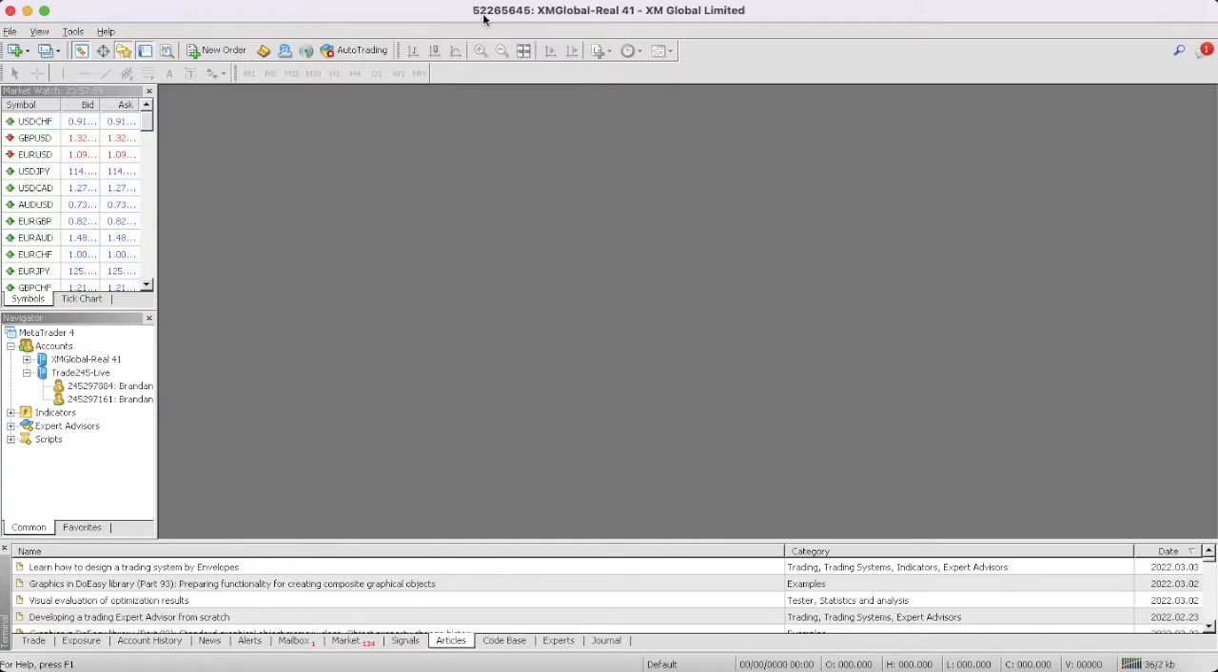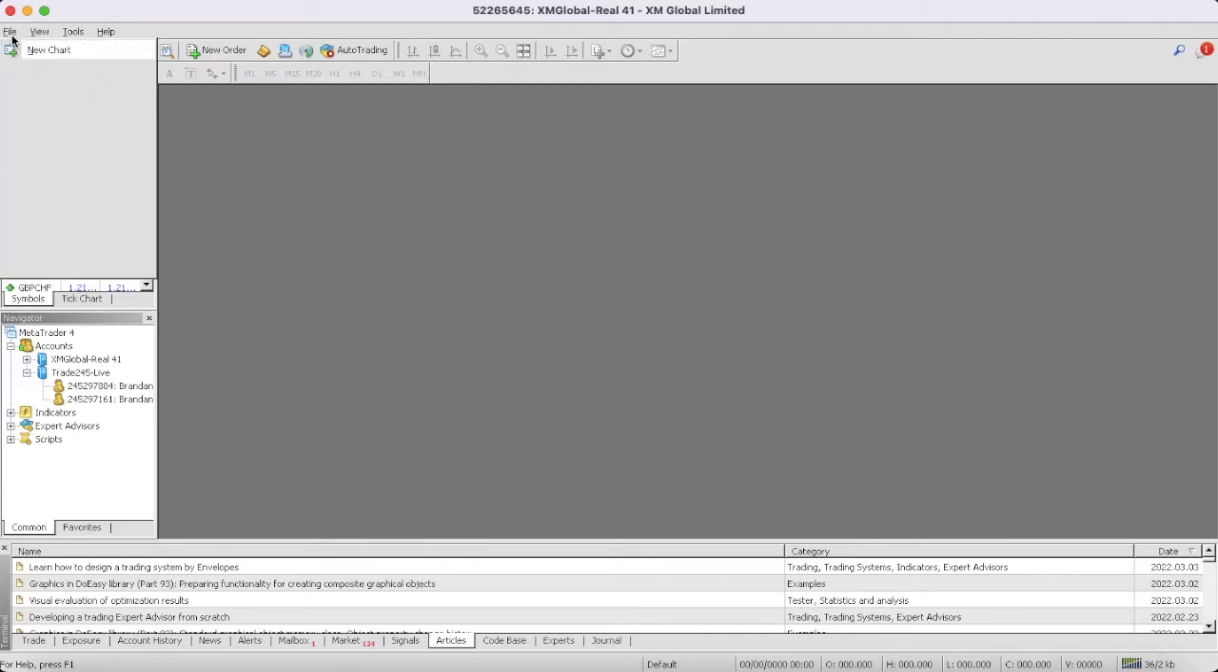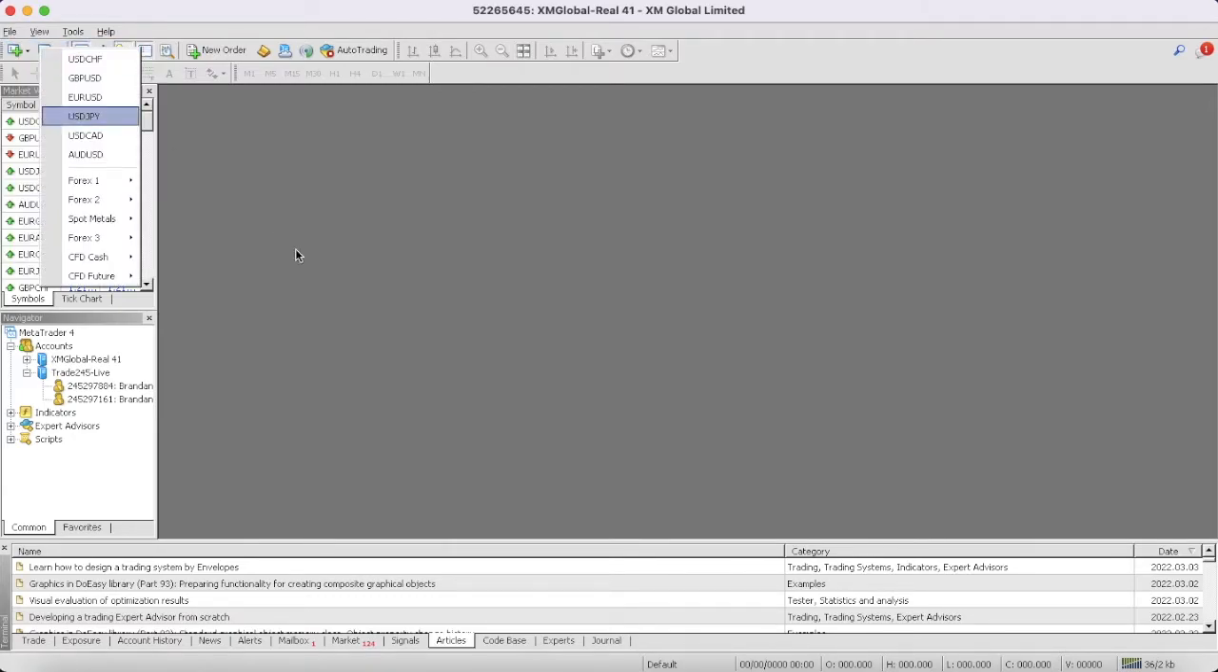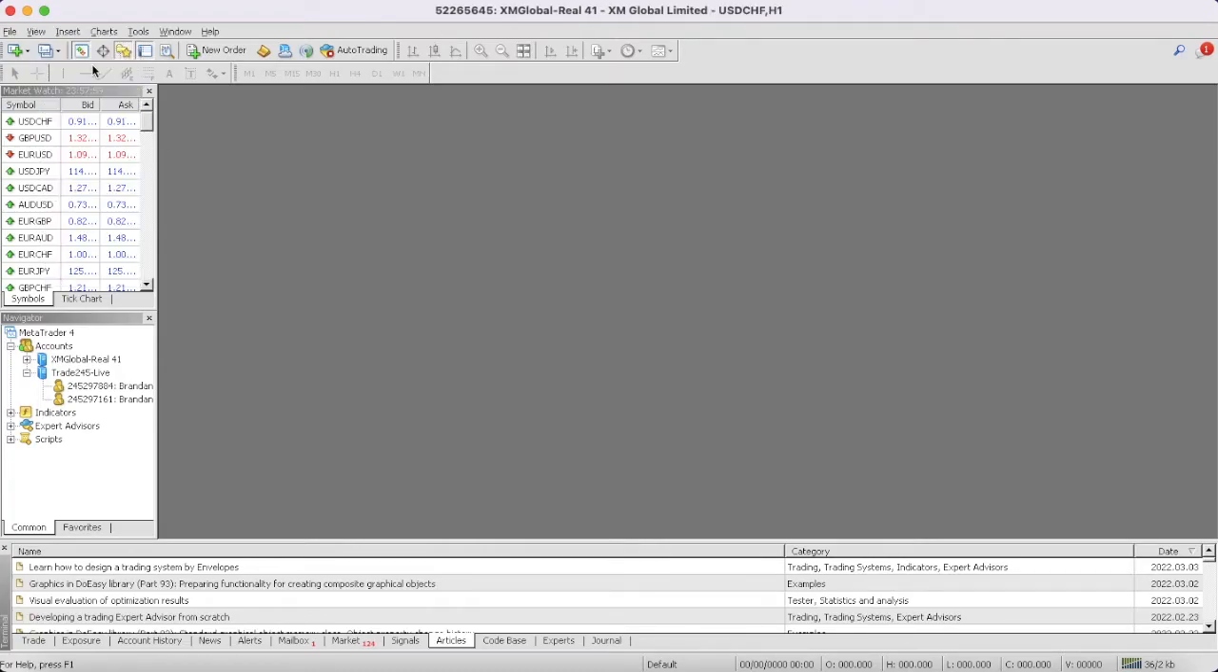As you can see on top, it gives the MetaTrader 4 ID number as well as the server, XM Global Real 41. Now, first thing is, let's start from left going right. So file, you can choose a new chart here. I'm just going to choose, let's just choose this one. Okay,